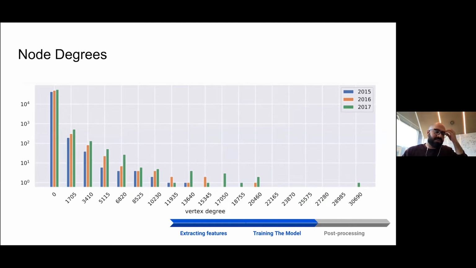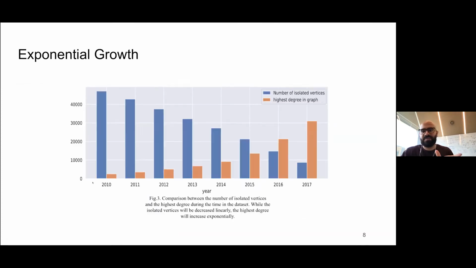So at first I want to analyze the dataset a little bit, and why the title of our talk is that node degree-based features is all you need. As you can see, this is the history of the node degrees in different years, actually just the last years. And please note that this histogram is plotted in log scale. As we can see, the number of high degree nodes is increasing linearly here, which means it's growing exponentially because it's in log scale. And as you can see, most of the data is concentrated in the last years.